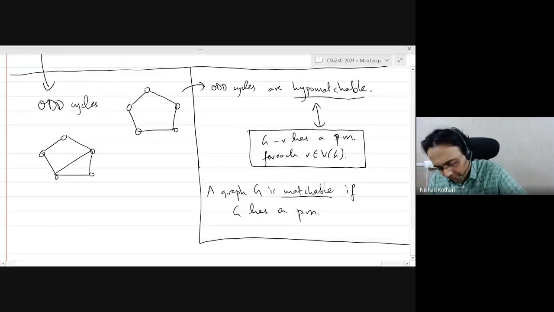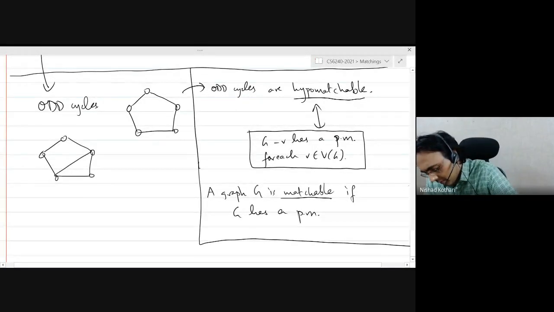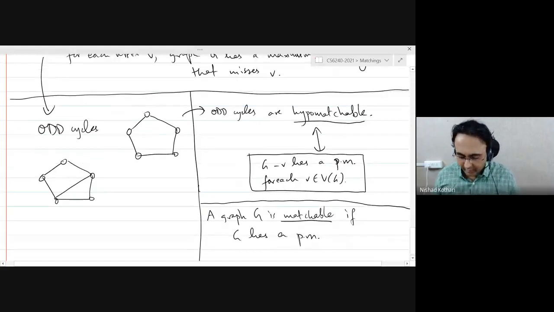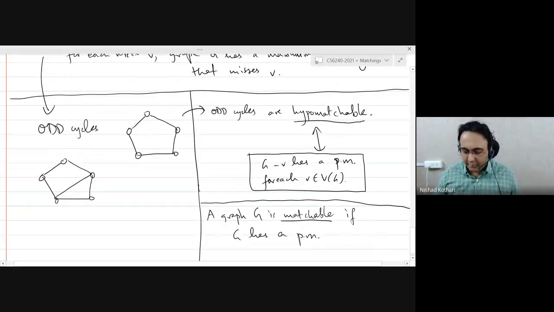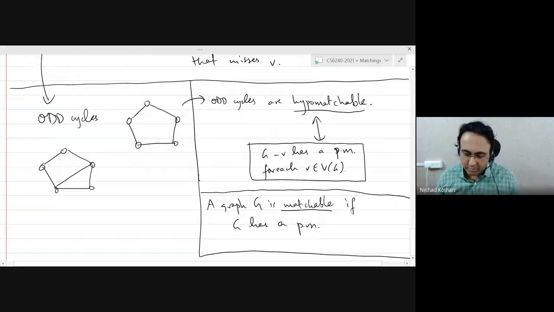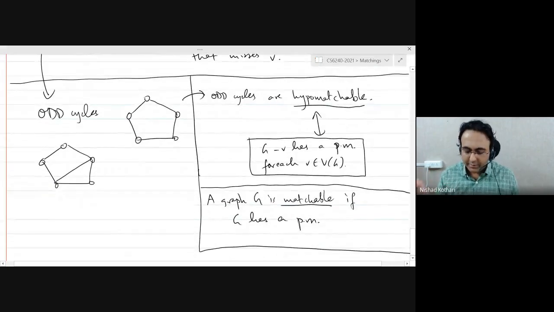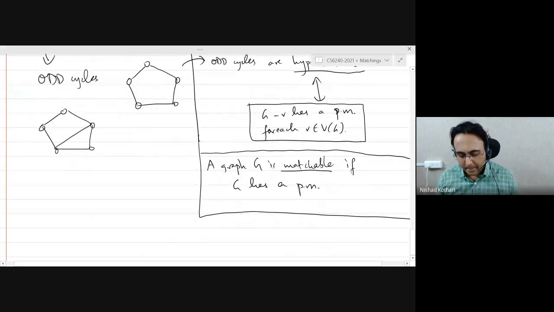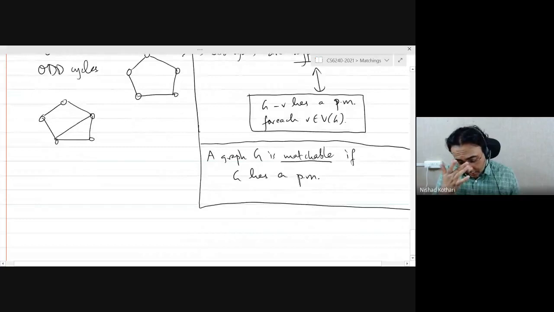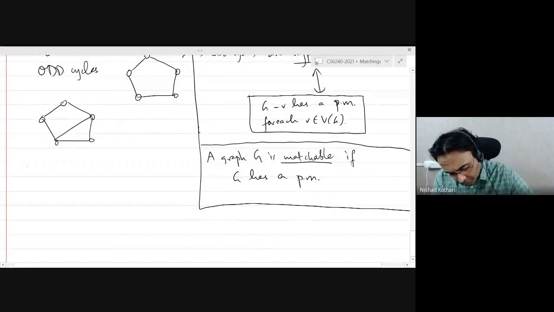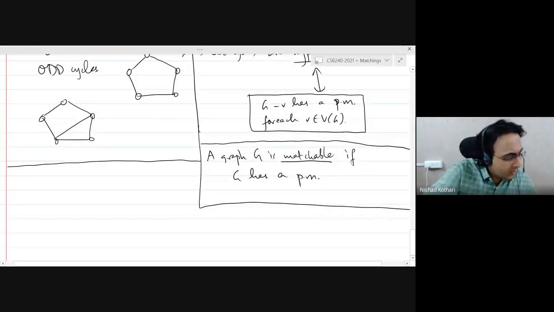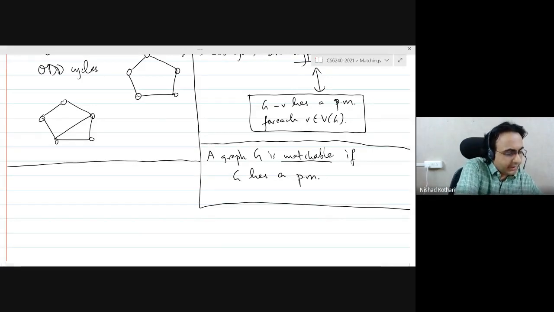I haven't been using this term so far, but I think it makes more sense once you define a matchable graph and then you define hypomatchable graphs in this way. Good. So it turns out that in the case of connected graphs, these are exactly the same classes. So let me just put that down.